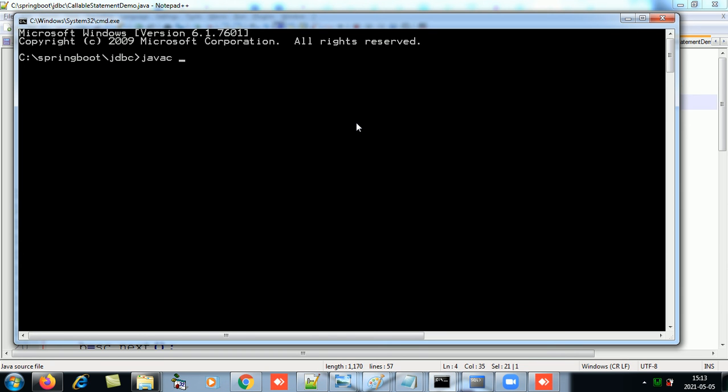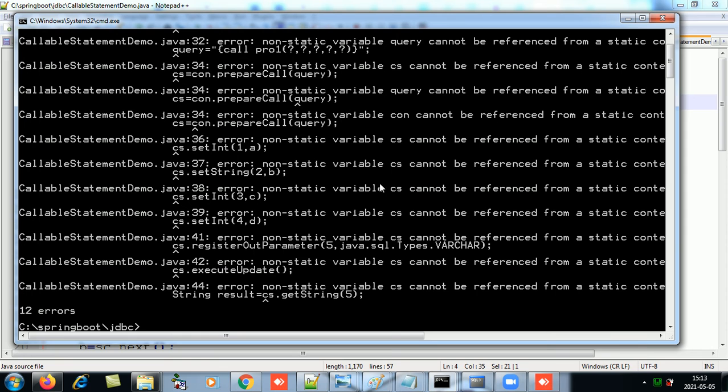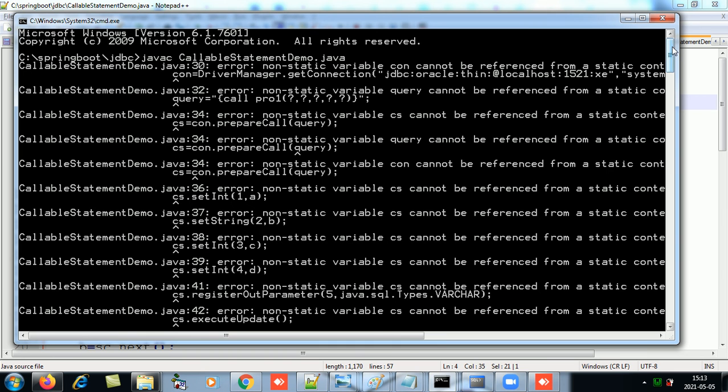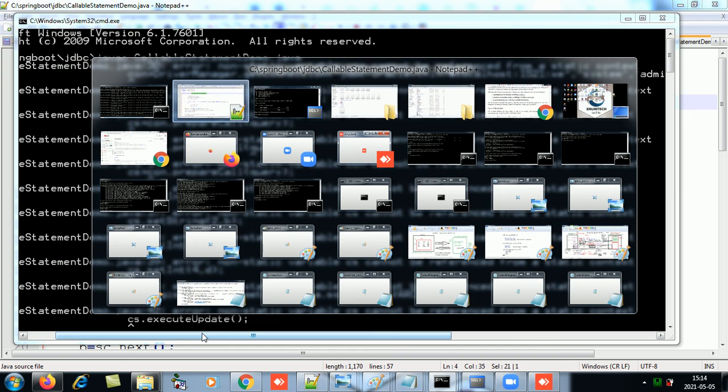javac, what is the name of the file? Callable. Okay, CS is not declared. Non-static.